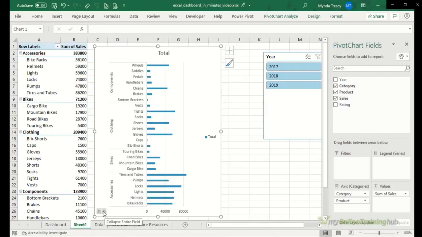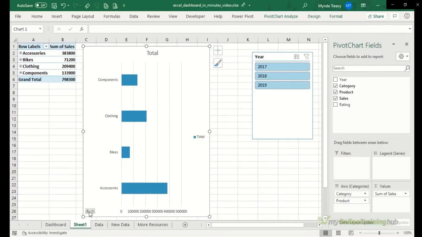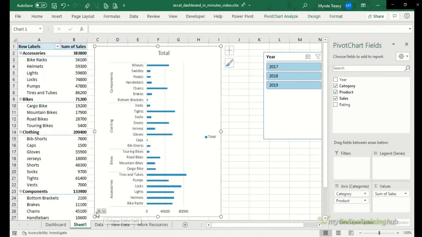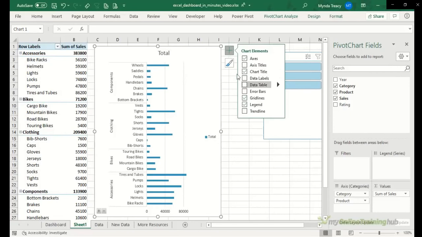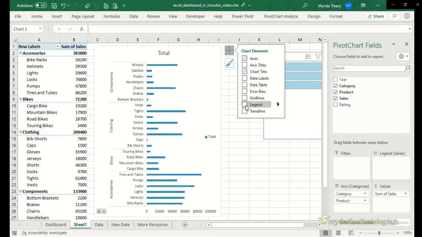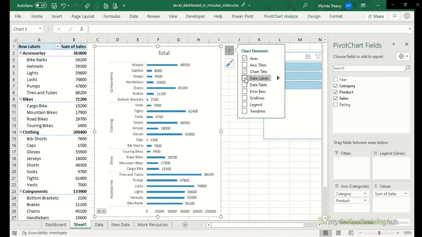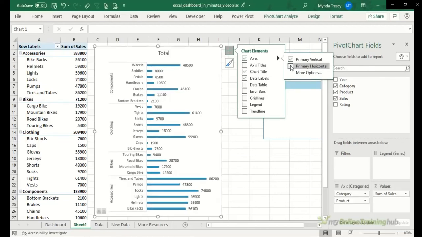I'm going to leave these expand and collapse buttons because they allow the user to drill up and down on the face of the chart. Let's also go in here and I'm going to get rid of the grid lines and the legend. I'm going to give it data labels, and that means I don't need my horizontal axis, so let's get rid of that. Now notice that the labels don't have any comma separators, so I want to change the formatting,